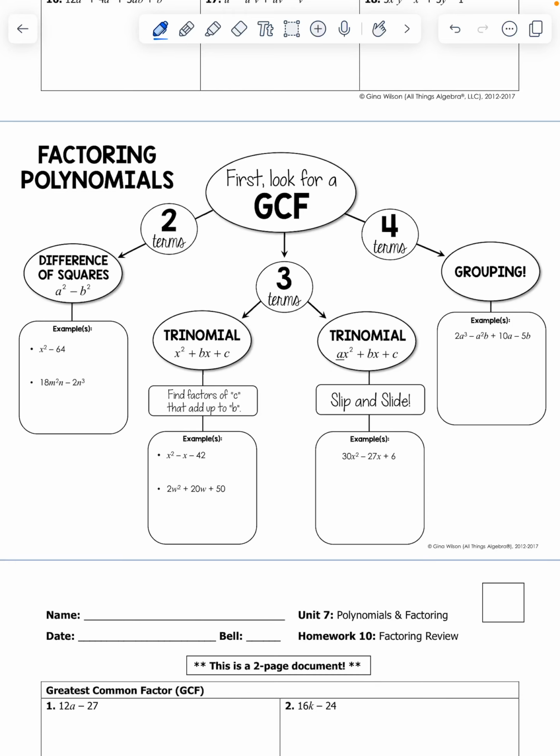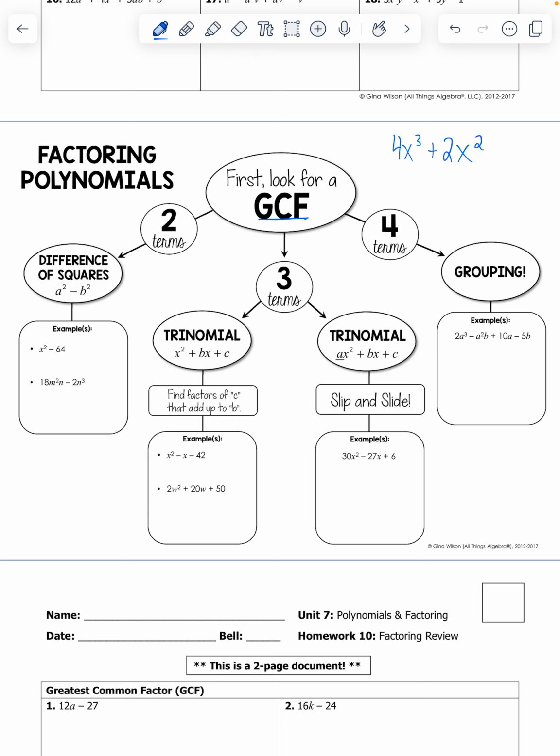Okay, we're going to begin here with factoring polynomials. This is just a refresher, but first we always have to look for a greatest common factor. That's what this says right here. For example, if we have something like 4x to the third power plus 2x squared, what you would want to